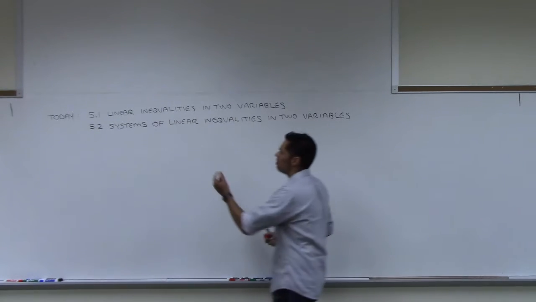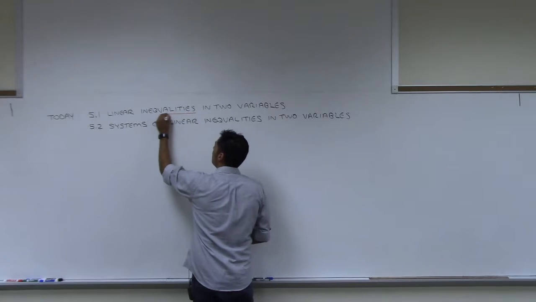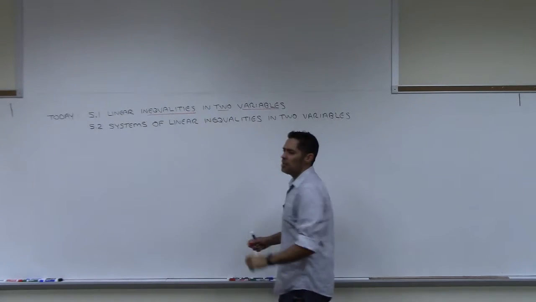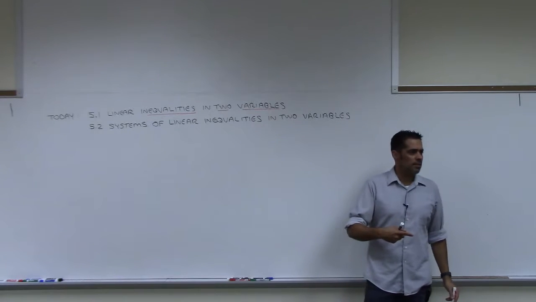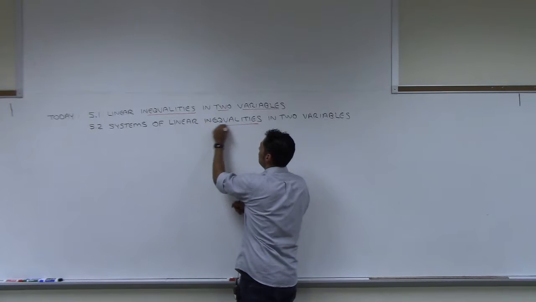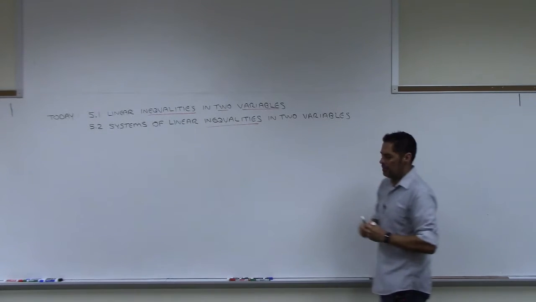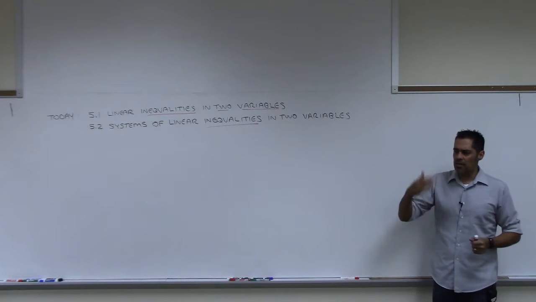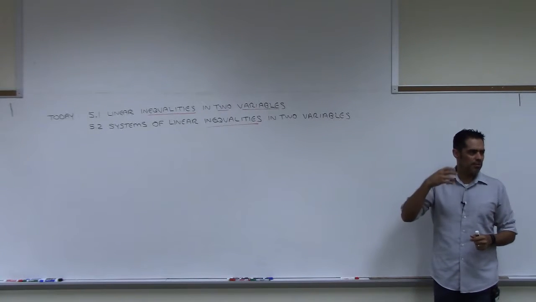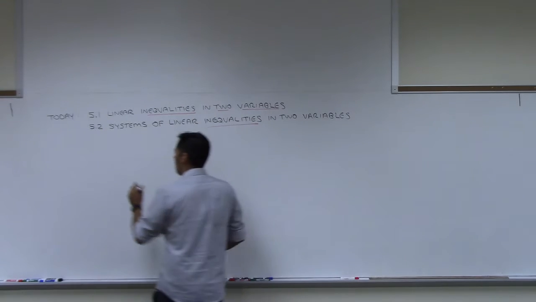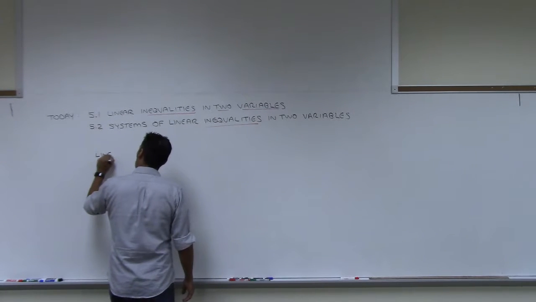All right, so we're first going to talk about linear inequalities with 2 variables, and then do you remember when we talked about systems of equations? We're then going to do systems of linear inequalities in 2 variables. So let me map out what we've got here, right? Because remember in the beginning of class I told you that the language of what you're looking at is important. All right, so just to recap, a linear equation